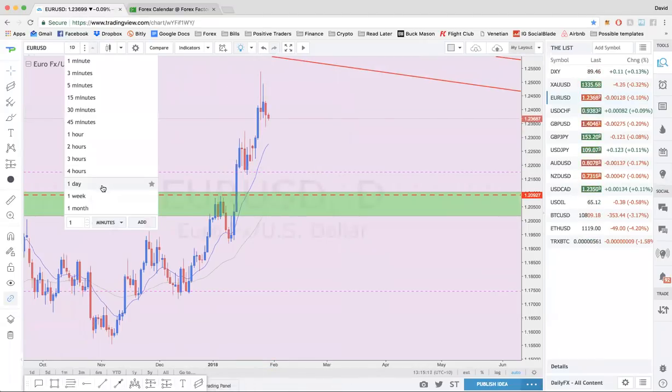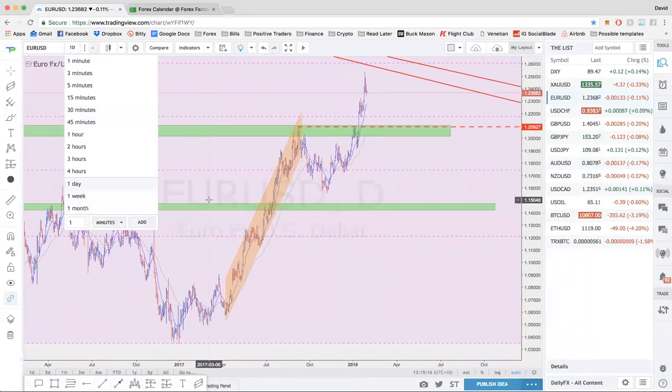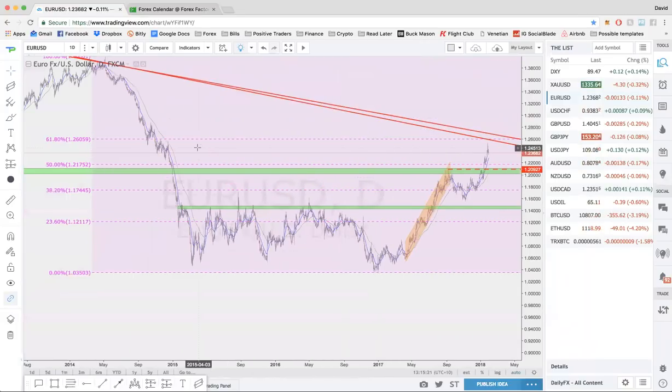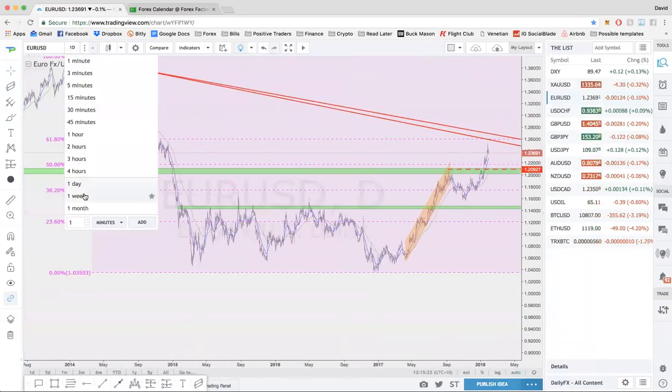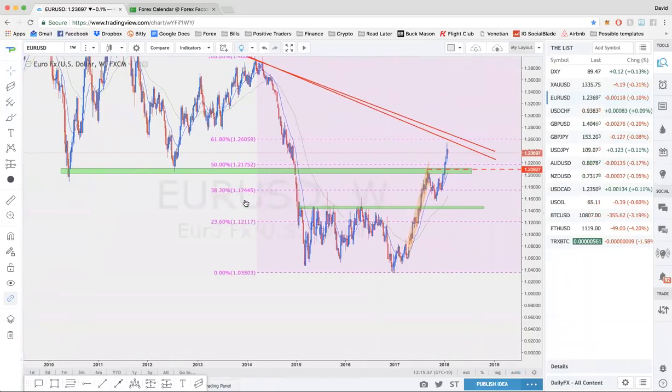Okay. Really clean up this chart a little bit. Let's go ahead and scale out just a little bit more. See if there's anything else we want to keep. Let's put it on the weekly time frame. Okay, so we've got,